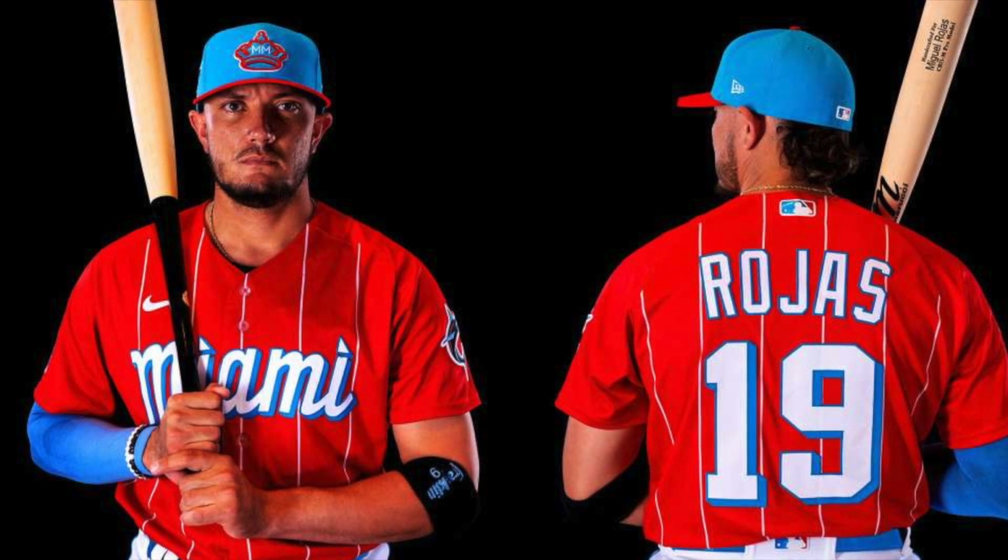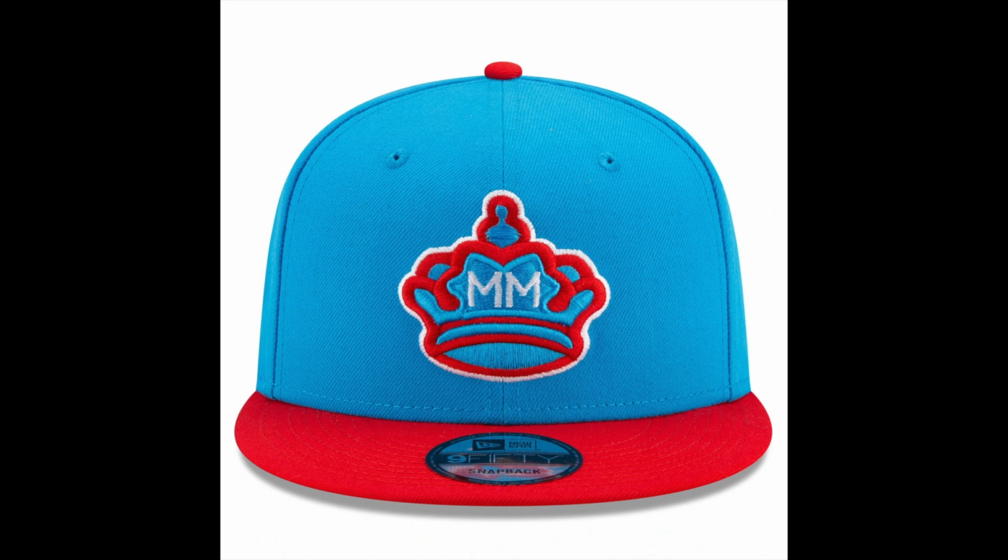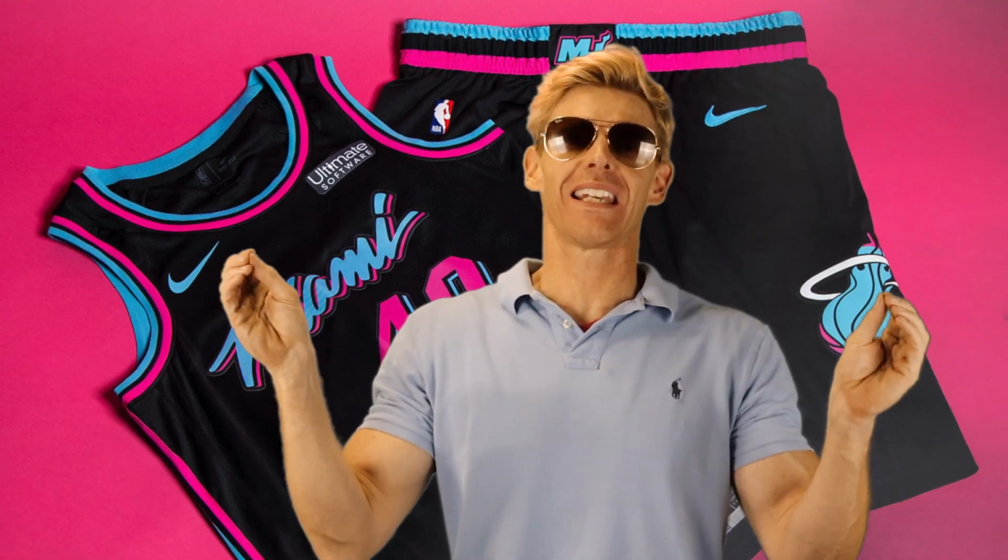I love that blue color. It's almost like a powder or a sky blue. They got the double M logo on the hat for Miami Marlins. They got like a crown, like a king's crown on there. It's like some sort of a Burger King callback of some sort. I have no clue. But I gotta be honest with you, I'm a little disappointed that they didn't go with